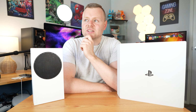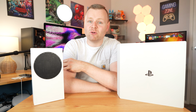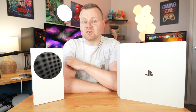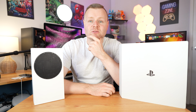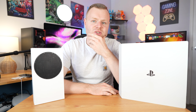The thing is though, the Xbox One X is actually a little bit more powerful than the Xbox Series S in terms of its full capabilities. It's got a disc drive as well, so the Series S is definitely missing out on some things, whereas the PS4 Pro has a lot of upside for half the price of the Xbox Series S overall. Some of the prices of just the pre-owned market is just awesome right now. That's why I'm sort of leaning towards the PS4 Pro,